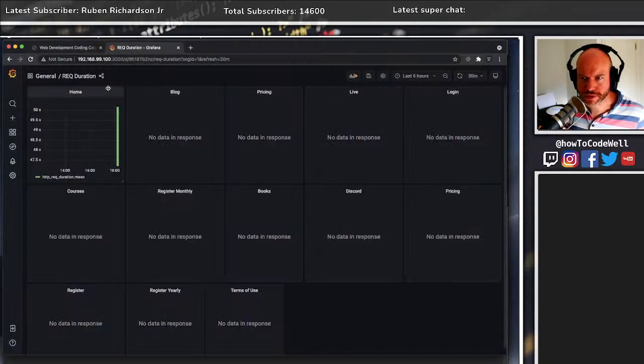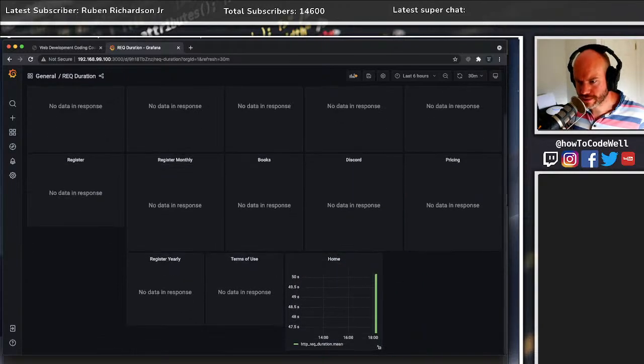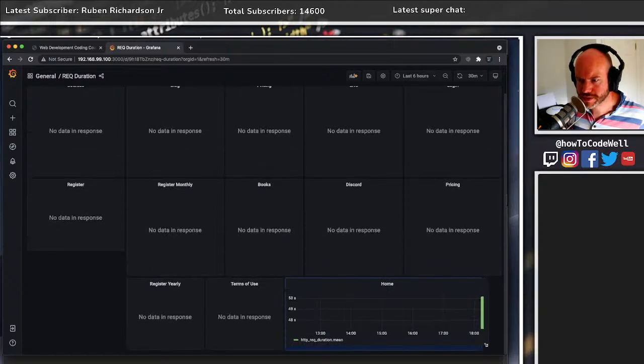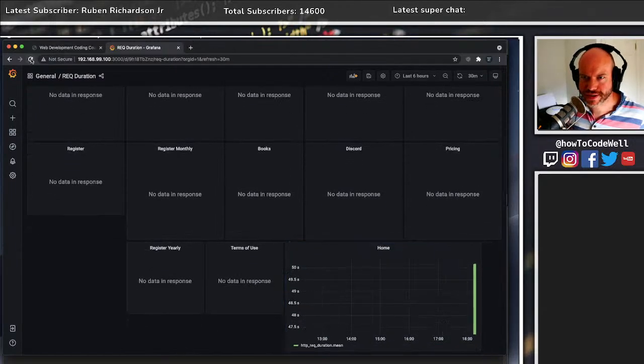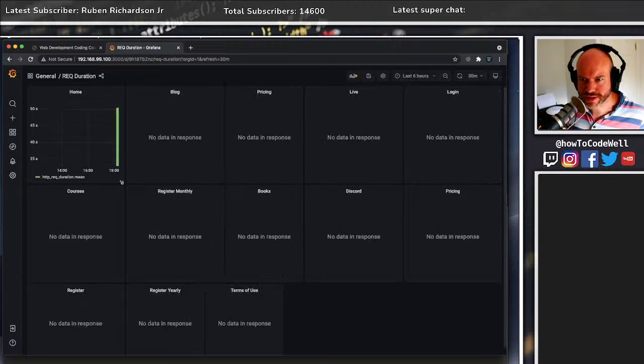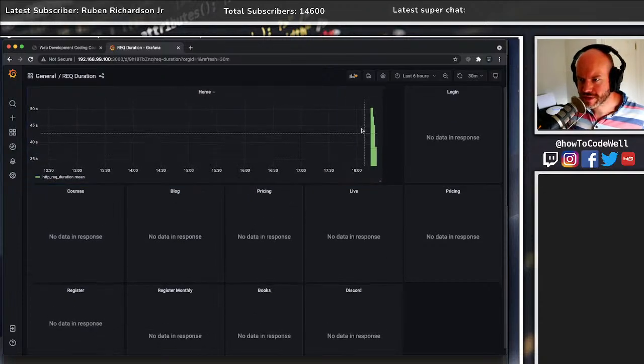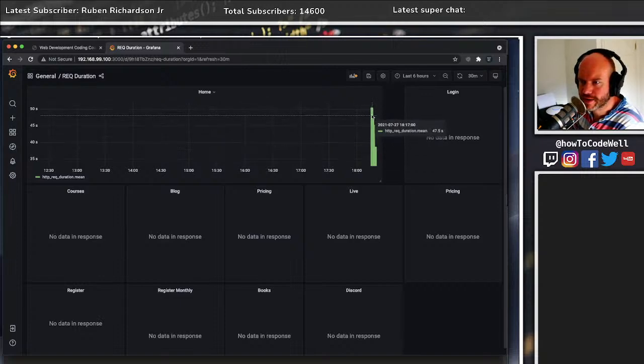We might be able to, if I was to bring this here, and then maybe make this a bit bigger. Whoops. We might be able to start seeing that's probably going to jump up there now, isn't it? I was hoping to see, can I just do that? I can, and it'll move everything away. Can you see that it's all starting to filter off? So the top one is the spike, and then as things get cached, and as things get warmed up, then it starts petering out. But still, it's a huge amount of time,